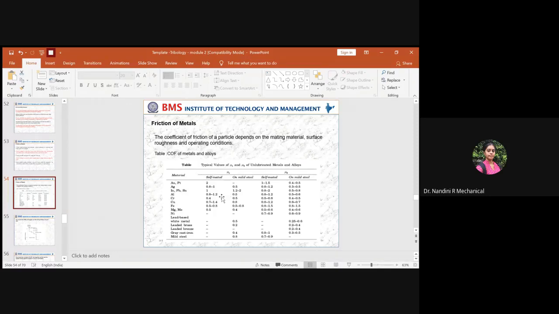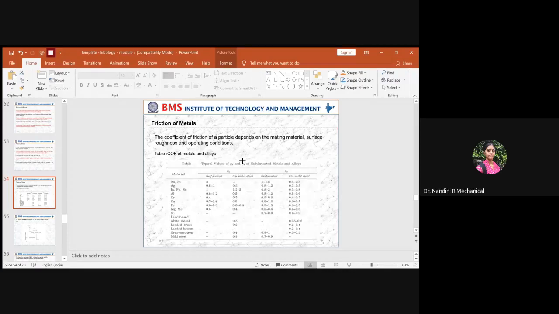You can see the coefficient of friction of all types of metals with some examples given here. The values of coefficient of friction vary depending upon the mating surface. If it is self-mated, this is the coefficient of friction you get. If it is resting on another structure, here shown for an example of mild steel, on a different metal component, then this is the coefficient of friction you get. If the mating component is the same as the material you are using, then this will be the range. These are the values I have extracted from a research paper.